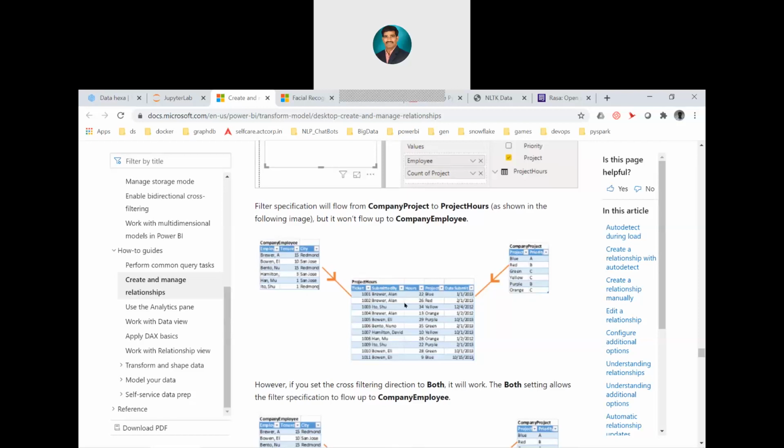If you see, what is the common column? Project is joined year to year. And what is the common column between these? Looks like submitted by, and employee name, whatever we have, right?